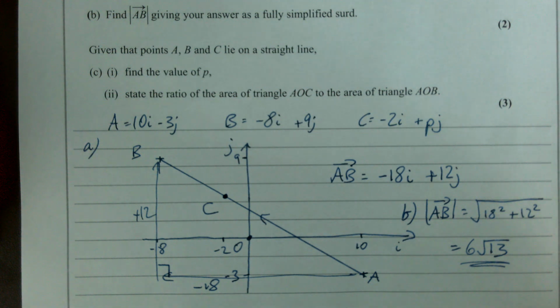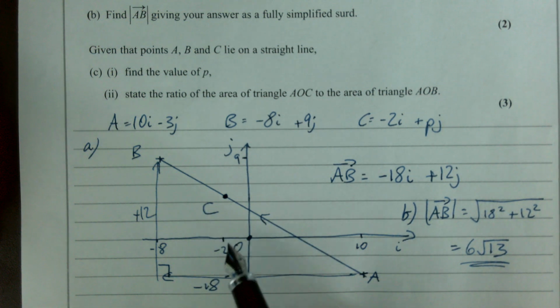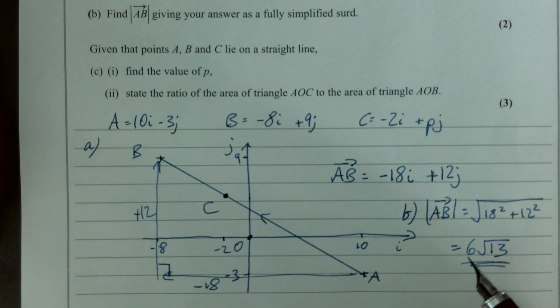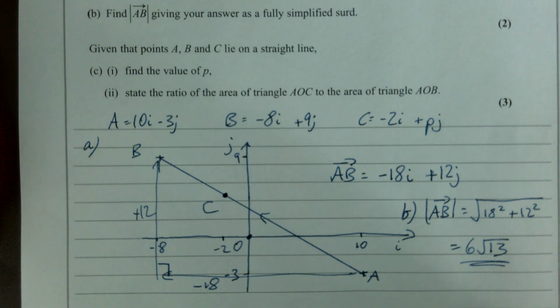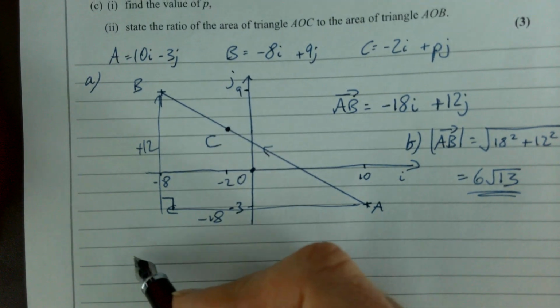So where is that? Well, we can find the gradient of this line, can't we? And then I'm just going to pretend it's y and x and make myself a little y equals mx plus c. So the gradient, first of all,